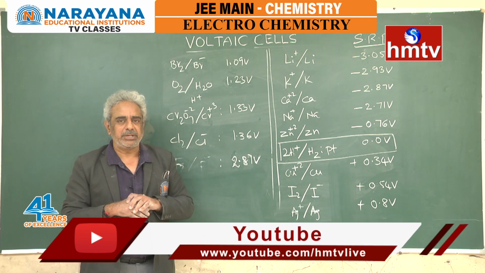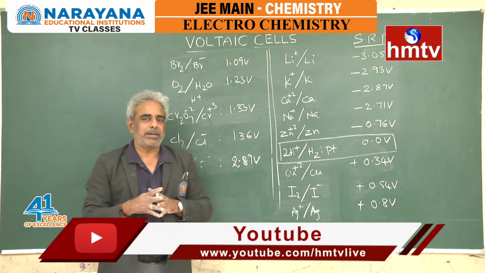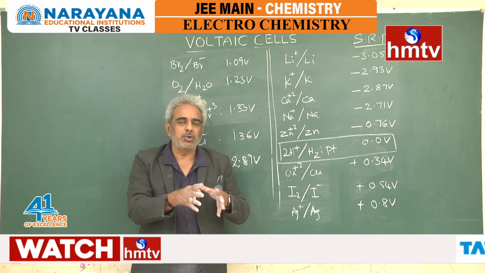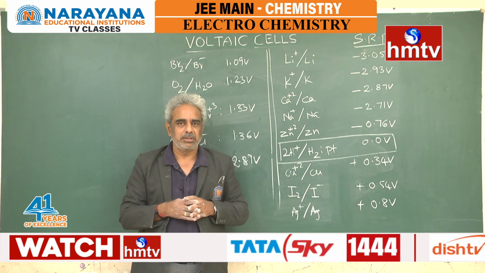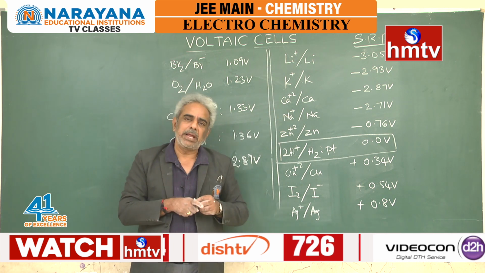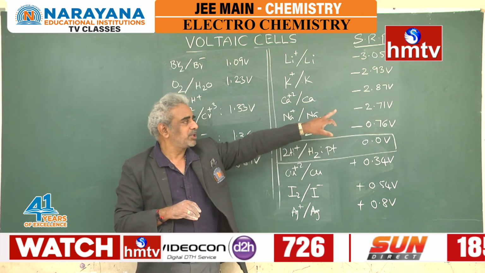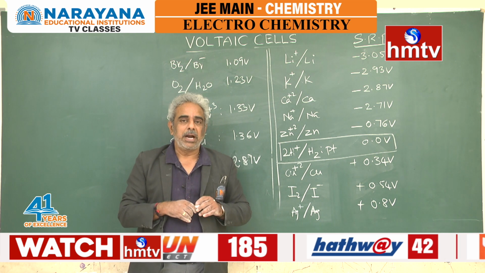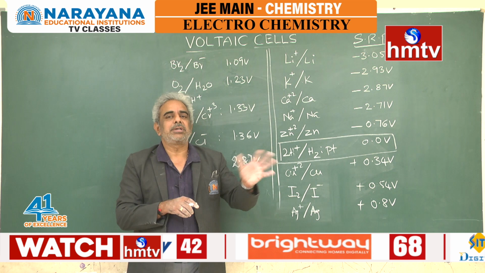Coming to another feature, when you go to the reaction part, where do you find H plus ions? In acidic solutions. Suppose you have some dilute acidic solutions. When you put these metals directly in those solutions, what will happen? Because the reduction potential is negative, they undergo oxidation and they will reduce the H plus ions present in the acid medium. So hydrogen gas is released.